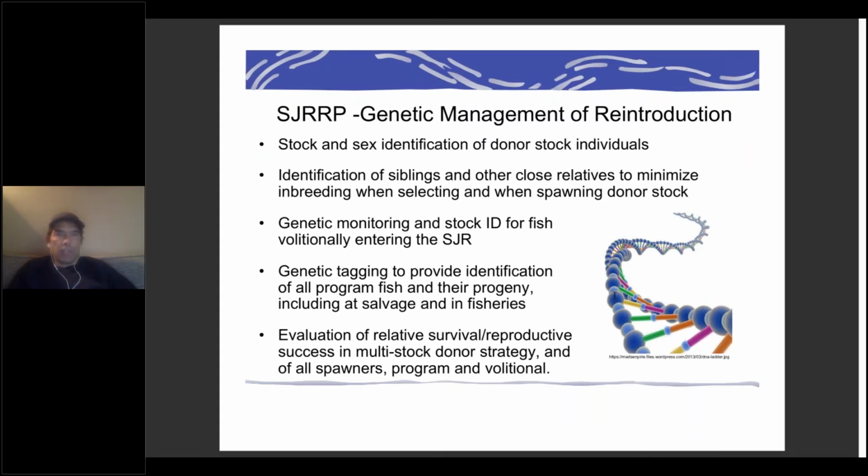We have a genetic sex assay that tells us that, and that's really important because the hatchery staff at the SCARF need to segregate males and females and change their feeding regimes to reduce precocious maturation. Stock ID has been radically improved in the recent past through work we've done that has developed markers that are unambiguous